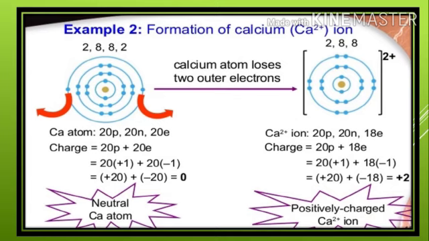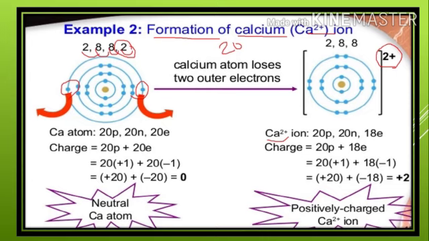Now let's discuss one more example, that is the formation of calcium ion. The atomic number of calcium is 20 and its electronic configuration is 2, 8, 8, 2, and it has 2 electrons in its outermost shell. So, calcium atom loses its 2 outermost shell electrons to other atom and forms calcium ion having 2 units of